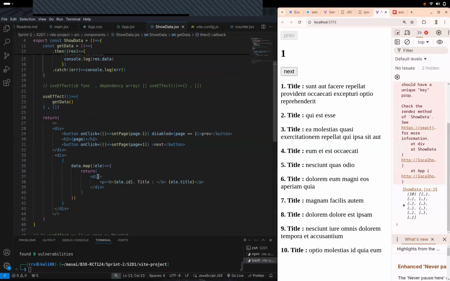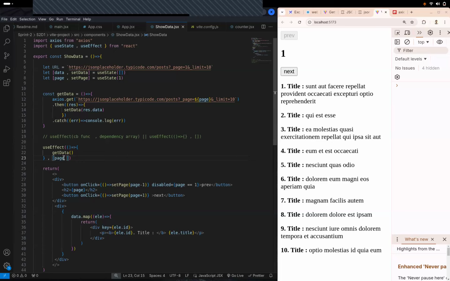Failed to resolve import Axios. Okay, there's some problem in the Axios import statement. Try installing Axios. Check if Axios is installed in the proper folder. It should be in this project folder. Okay, look there. Guys, quickly do it, please.